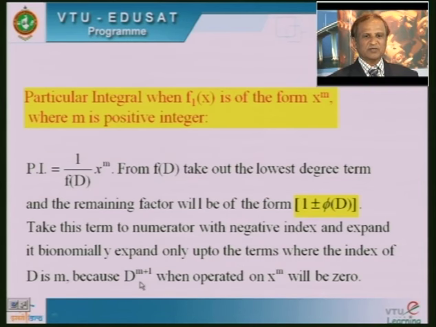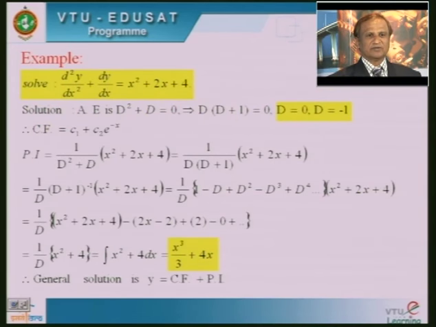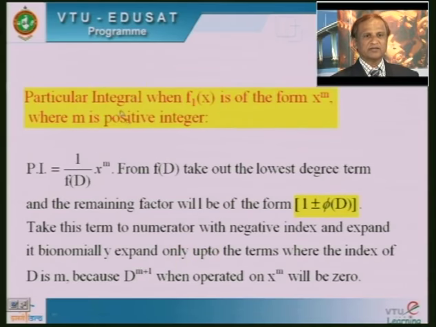Is it clear? That is why we want to expand up to D to the power m. How are we going to expand? Binomially. Is it clear? Right. So, I hope the method is clear. Now, we can solve one similar type of example. Here you can observe one more thing: the right hand side may be of this form, or it may be a polynomial. It may be of the type x square or x cube, x to the power 4, x to the power 10, any constant, or sometimes a first degree polynomial or second degree polynomial.